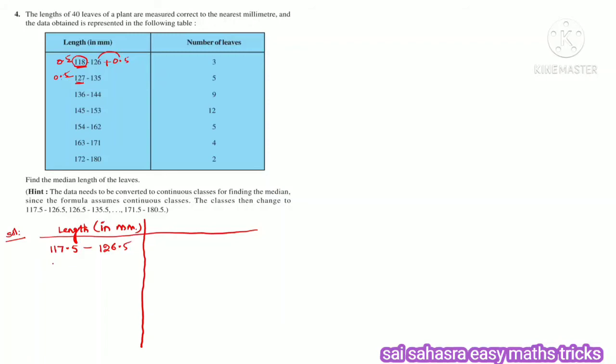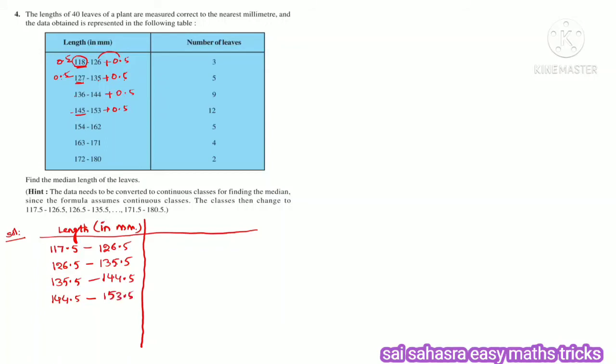You are going to get 126.5. Next, upper limit plus 0.5. So 135 plus 0.5 is 135.5. Next, 136 minus 0.5, that is 135.5. 144 plus 0.5, that is 144.5. Next, minus 0.5. 145 minus 0.5 is 144.5. 153 plus 0.5 is